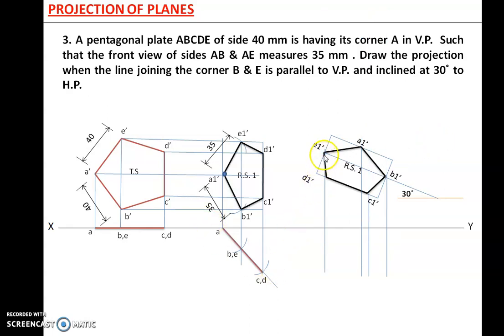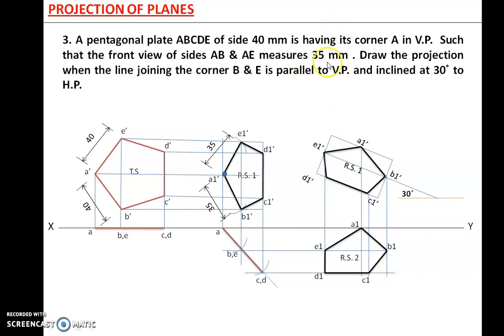You can see here I am getting the same projector for E and D, as it is not drawn to scale. When you draw it manually with the help of a scale, these two projectors will have a certain distance between them. That is, the projector of E and the projector of D will be different like this. You can see here A and C are different. Here also you will get it different. Project B, E, C, D. A itself is on the XY line. Mark the points of intersection A1 B1 C1 D1 E1 and join them by a dark line. So this will be your reduced shape number 2. Okay.